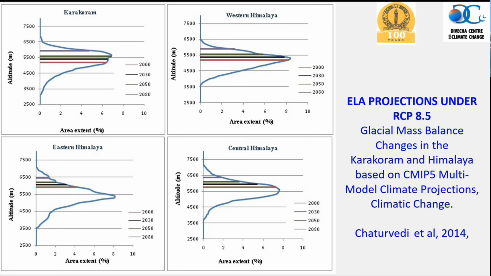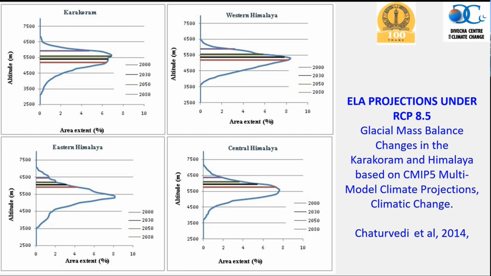So Eastern Himalaya and Central Himalaya now have a situation where these glaciers are going to lose much more mass. It is slightly better in Western Himalaya and significantly better in Karakoram. If you look into that, that is precisely why you have, as of now, the Karakoram anomaly, because the equilibrium line is slightly below the altitude of maximum areal extent of the glacier.